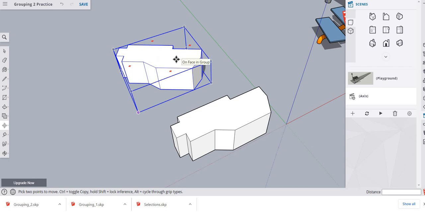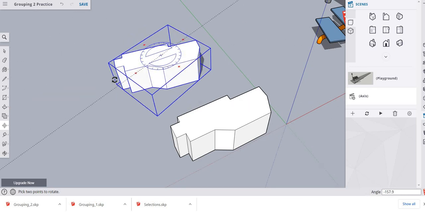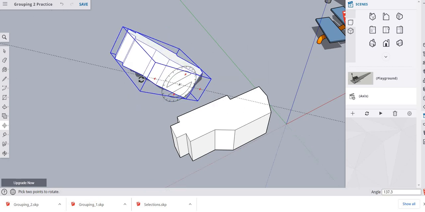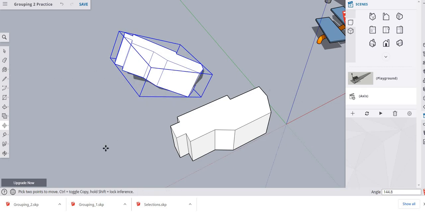One cool thing with the Move tool is that when you're moving a group, you get these little red handles, and you don't have to toggle back and forth between the Rotate tool and the Move tool. So we get these little red handles here, and I can rotate things without jumping back and forth to the Rotate tool, which is kind of cool. So I'm going to rotate this just to show that I can do it. I'm going to save this,